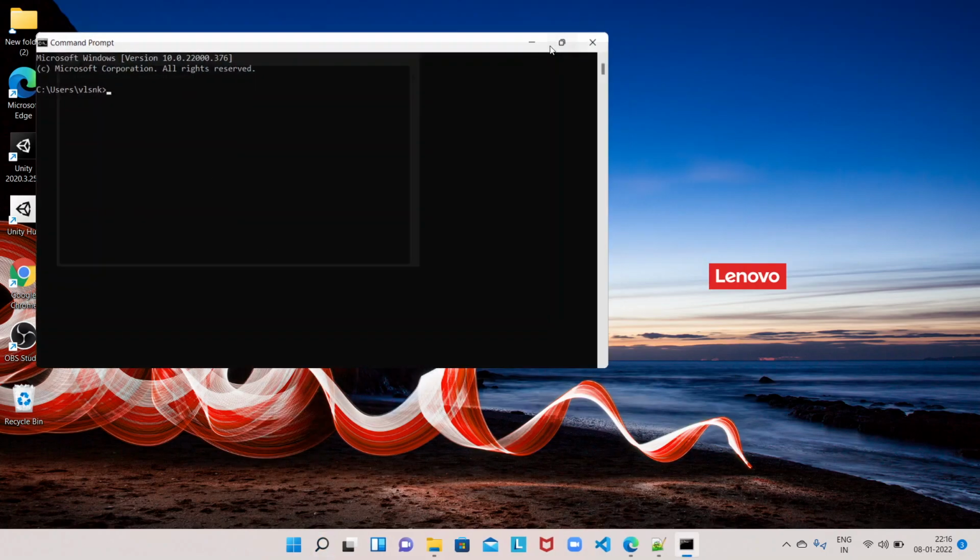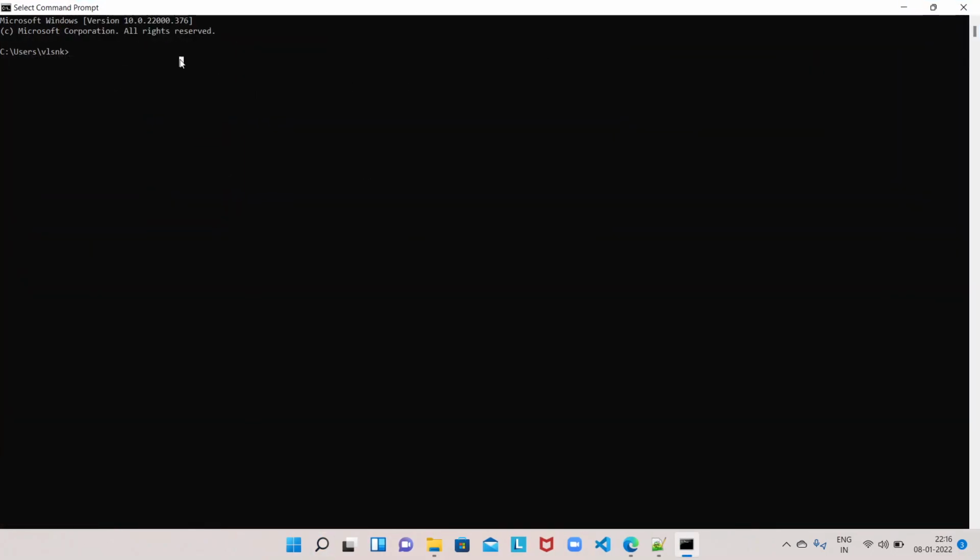In command prompt, in order to know whether Java is already installed in your machine, whether the Java executables are identifiable in your machine or not, first we have to check for this command, javac. This c means compiler. When Java or JDK is installed, then we should be getting an output for this command.